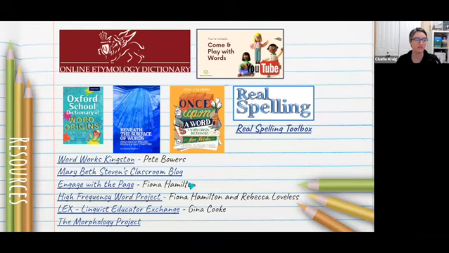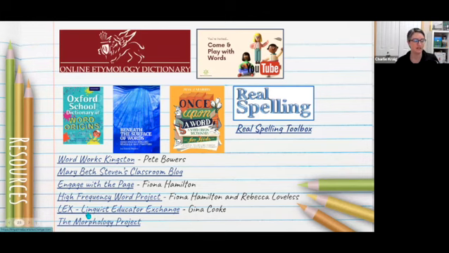I've added a couple new things to our resources list here. I just purchased this book, Once Upon a Word, Word Origin Dictionary for Kids. Would totally fit in a Div 2 and higher classroom. I really like the way it's laid out. Really nailed that intended audience for children.